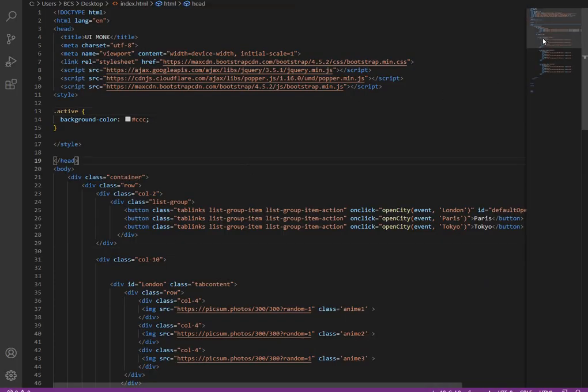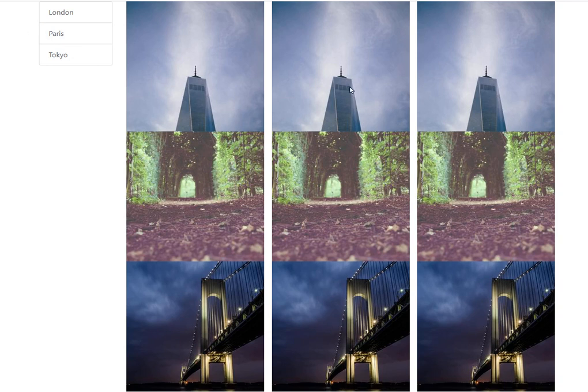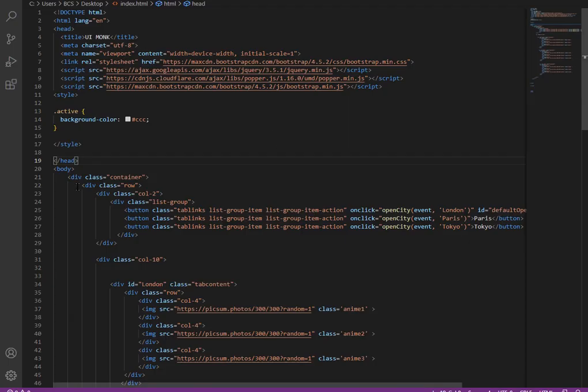Now to start, we have a container, so that is the reason why we have left and right padding, and I have used Bootstrap 4. Inside the container we have a row, and this is the first column which holds all the buttons, and the second column which holds all the images. The button has the tab links class, and these are Bootstrap classes. We are not going to focus on these classes in JavaScript, but we will focus on the tab link. Just notice the tab link, and then let me copy it.